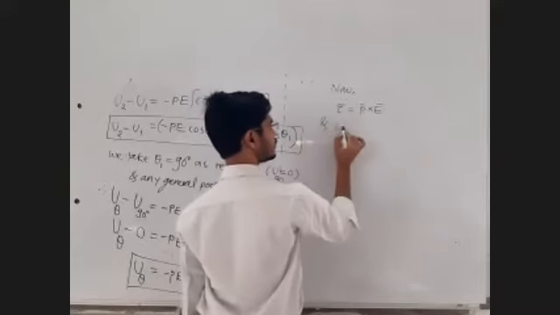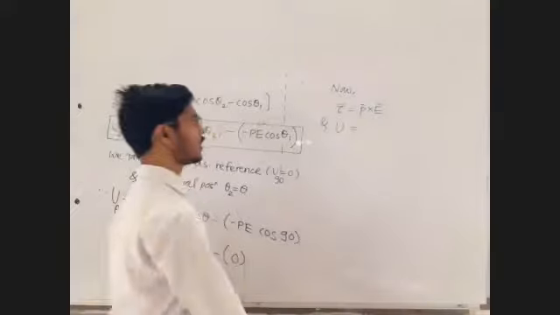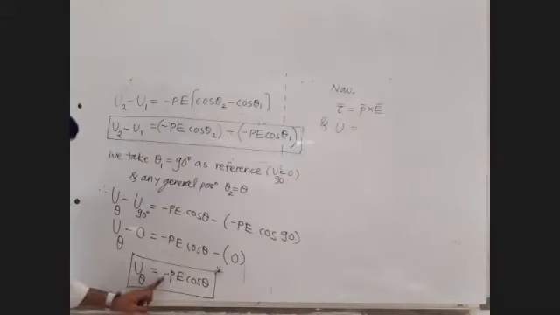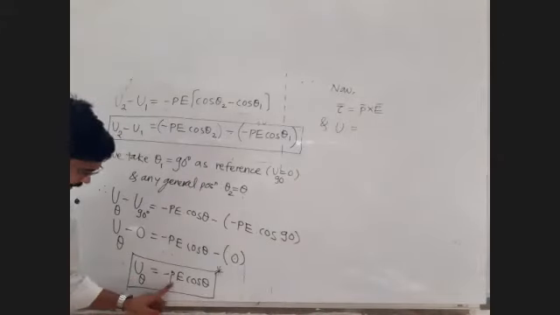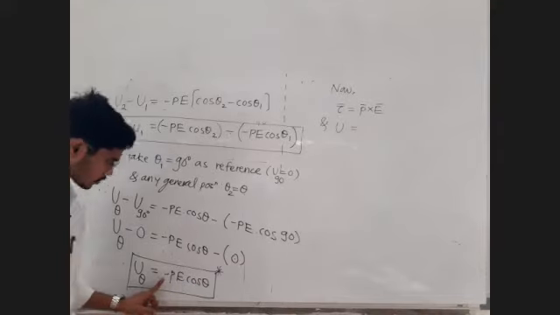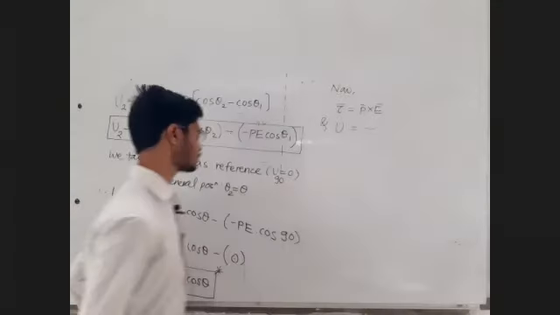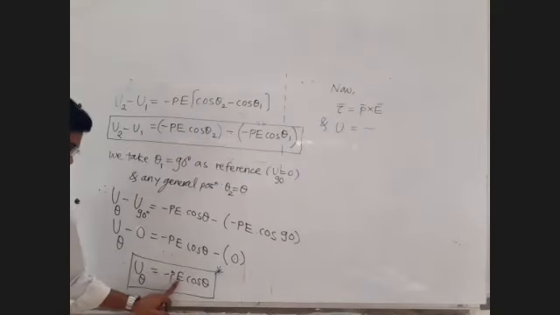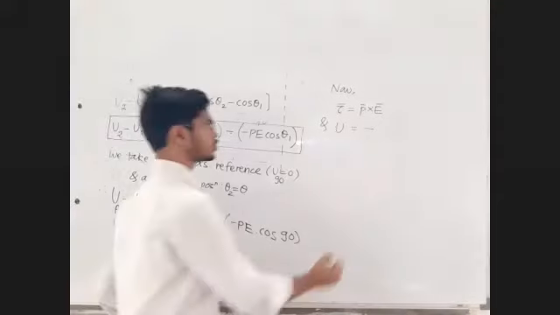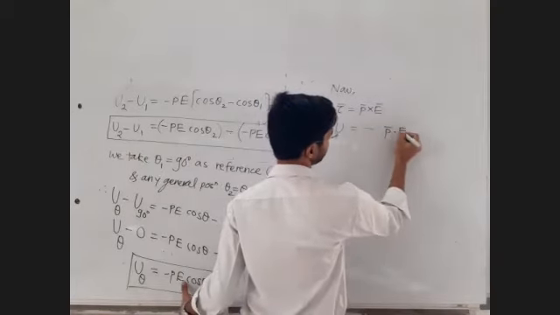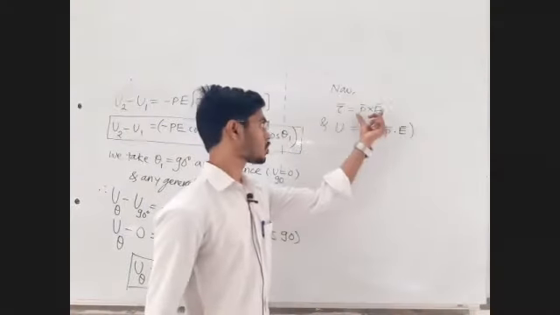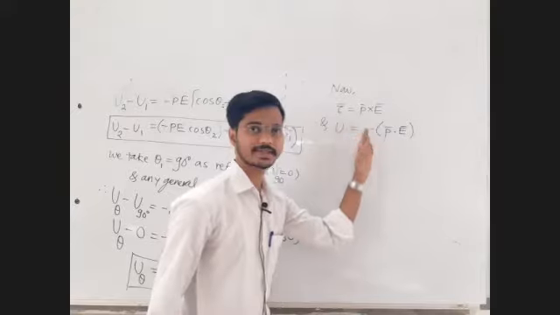And the potential energy of the dipole for a given configuration, for a given value of theta, is minus PE cos theta. But P is the magnitude of the first vector, E is the magnitude of the second vector, and theta is the angle between P bar and E bar. So this minus sign as it is, this is the magnitude of the first vector, this is the magnitude of the second vector, this is cos of the angle between the two vectors P bar and E bar. So you can write that as P bar dot E bar, but do not forget this minus sign. Students generally forget this minus sign. They only remember this is cross product, this is dot product, but there is a minus sign.